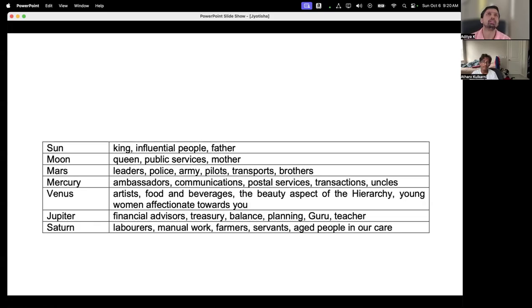So, for example, okay, here's a pop quiz, right? Let's say you walk into a hospital. Which profession in a hospital is dictated by Mars? Anybody tell me? Surgery. Exactly. So who uses tools? Who uses sharp knives? Who uses saws to cut open people and all that? So that is Mars. So if a person becomes a doctor, and if Mars is very, very well placed in their chart, they are very likely to become a surgeon.